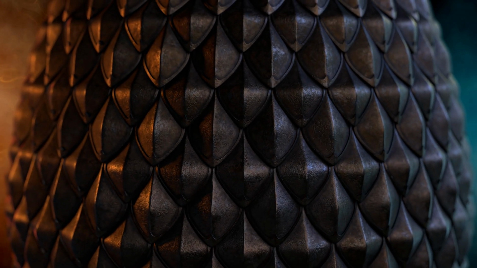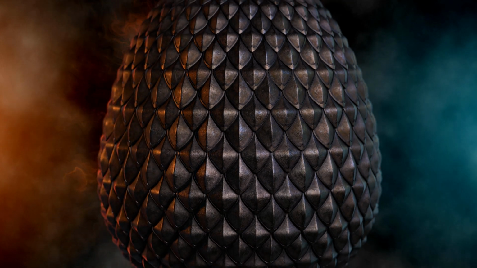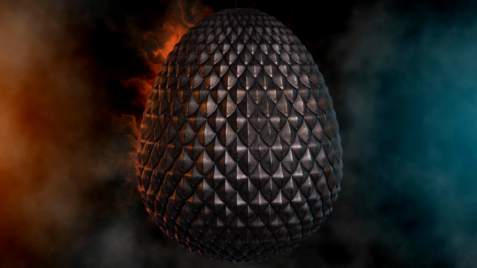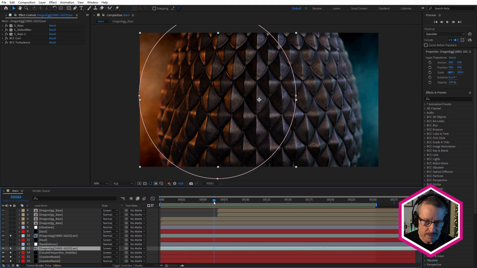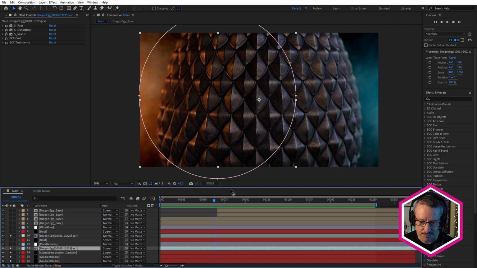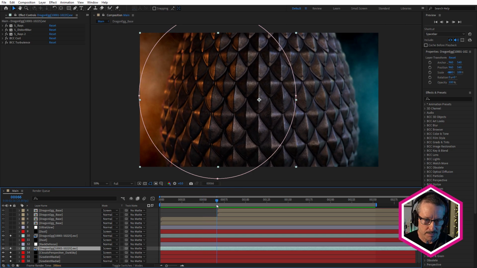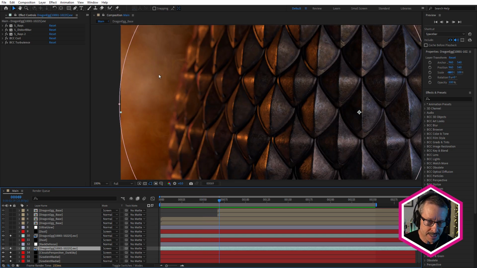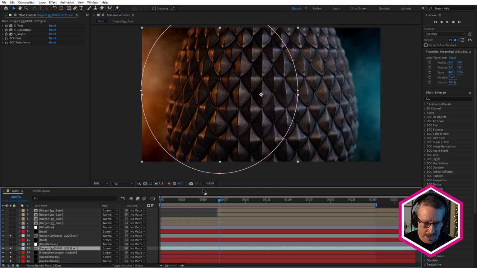Okay, so here's the look so far. And you can already see it's already got a load of depth to it. And speaking of depth, notice how the sides of the egg are out of focus. And I've used depth of field in Blender to render that out. So we really focus in on these scales right in front of the camera. Thought that was really dramatic. But see how the background is in focus? And I thought that didn't match.